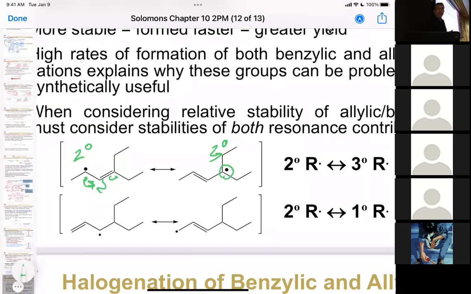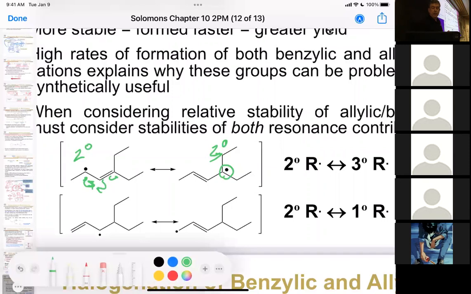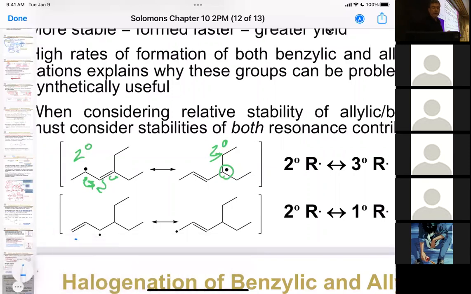Okay, now in this second example here, what we have is an allylic radical, and when it comes in, one electron here and one electron here to get your double bond, and then one electron up here, we end up with another radical here. Here we have a secondary radical, and here we have a primary radical. Where is it going to spend more of its time? In the secondary position. So your major product is going to be the secondary. Your minor product is going to be your